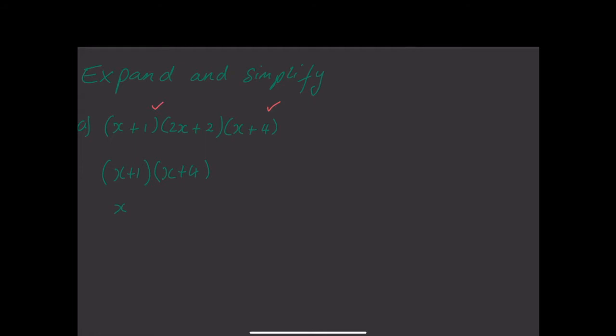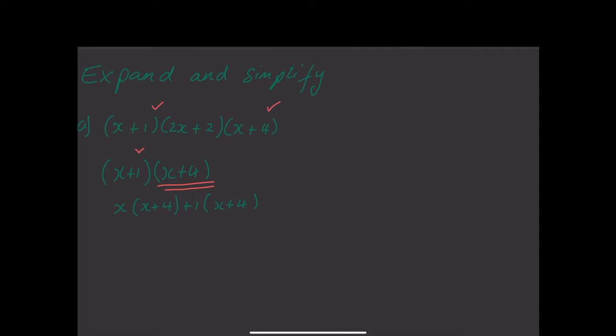x into x plus 4, plus 1 into x plus 4. So we're going to multiply everything that's in this bracket by everything that's in this bracket. So we're going to multiply x plus 4 by x, and then we're going to do x plus 4 times